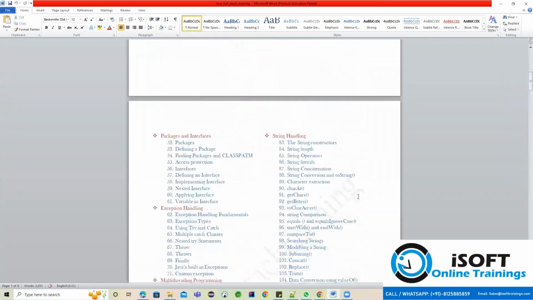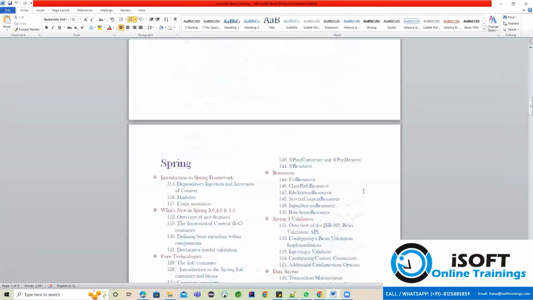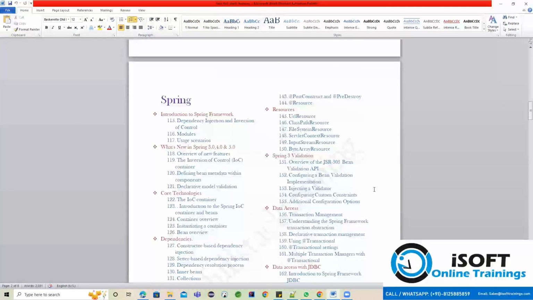Now I'm moving on to the Spring-related concepts. Observe carefully. In Spring, we'll discuss the important sections, like why Spring was introduced, and what the drawbacks of the previous languages, or we can call them frameworks, were. After identifying the previous drawbacks,